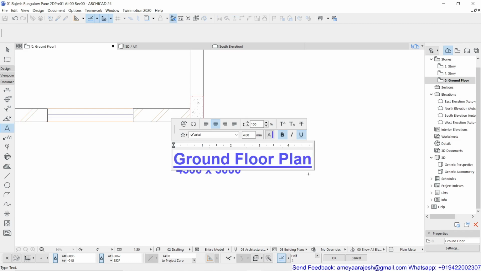Say for example, next to this you want to write maybe the scale for the printing 1:50. In one go you want to write this. So you can hit the tab key, but be careful if you're hitting the tab key and if you underline and this option is on, then probably that will also add an underline till your tab is continued. So I'm just taking one backspace to remove the tab under this underline option. I've switched it off, and then I'm going to hit the tab key maybe a couple of times, and from there I'm just going to change my text height, say to 2.5 mm, and I'm going to write the matter